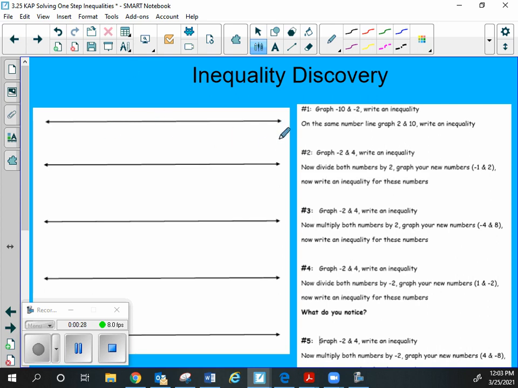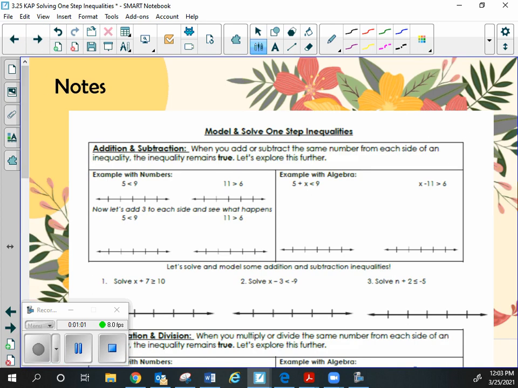We did this discovery lesson yesterday in my class, graphing it on the number line. We multiplied, we divided sometimes, and then we came up with a rule. Do y'all remember what that rule was? Yeah, say it louder, Alexander. Yes, when you multiply or divide by a negative number, we have to flip the inequality sign. Y'all remember that? So it's in our notes again today, but I'm going to breeze through it because